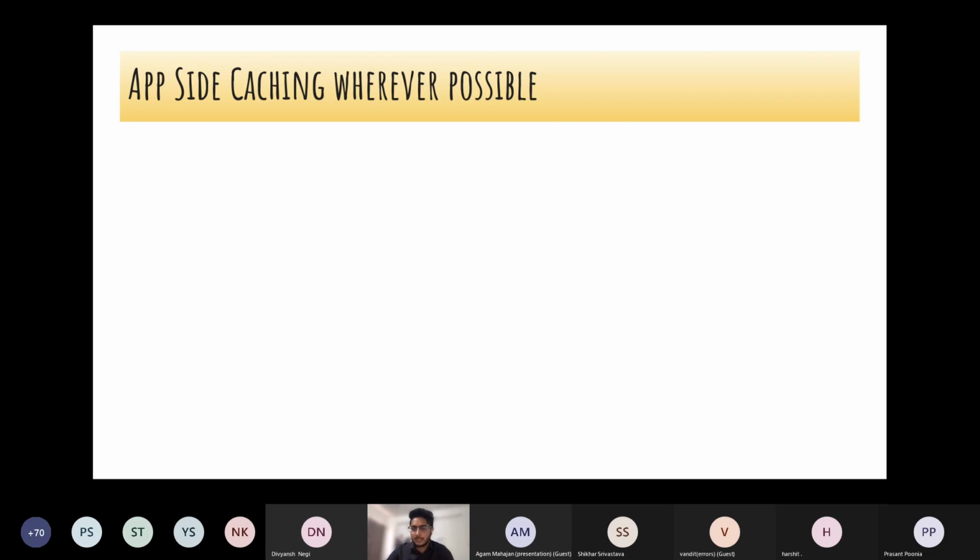I'll give a use case of Swiggy where we implemented a caching and prefetching mechanism and improved our app's first screen load time. How the flow works: when you click on the Swiggy app, I am hoping you have seen Swiggy, this is generic for all apps.